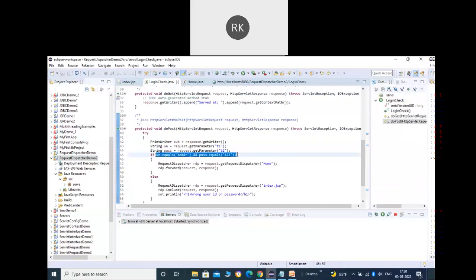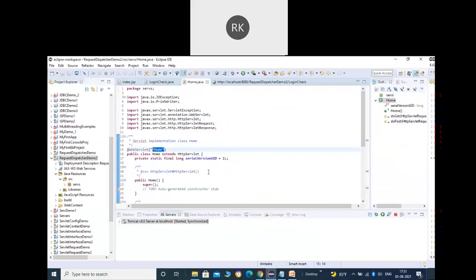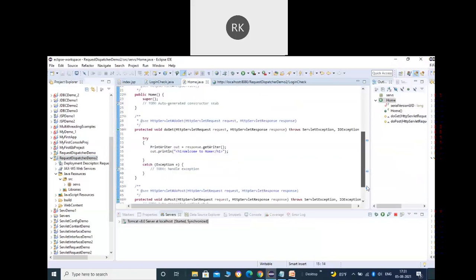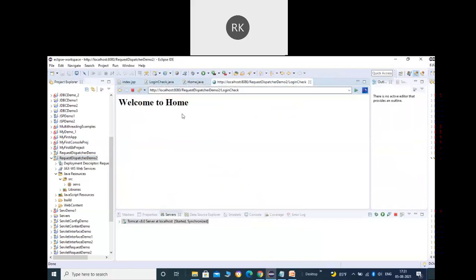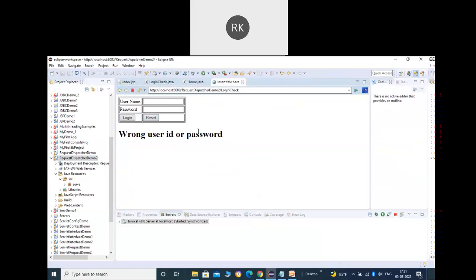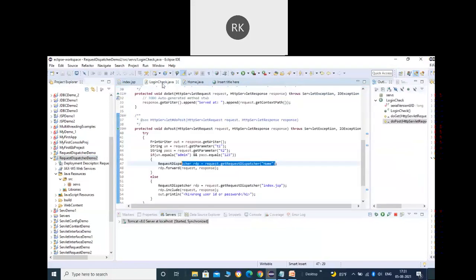Click over login, and you can see here you are getting what? Welcome to home. So actually, what will happen in that case? As soon as I click on the login button, the request will reach the loginCheck page. And what is happening there? First of all it will access the values of username and password, and it will check them in the if condition. The if will be true, and it will redirect to the home page. So you are getting the output of the home page there. And what is the output of the home page? Welcome to home.